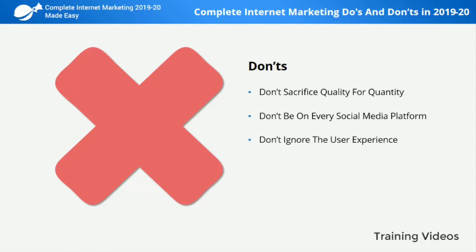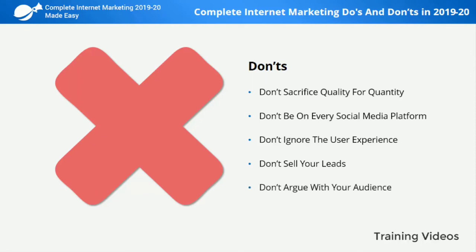Don't ignore the user experience. Don't overwhelm website visitors and email readers with lots of CTA buttons and images. Instead, focus on creating a visual experience that leads users to complete the actions that you want. Don't sell your leads. It might be tempting to squeeze an extra buck out of your leads by selling their email info, but it's always best to respect the privacy of your customers.